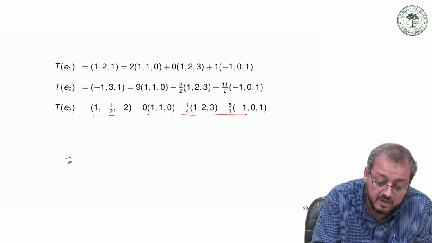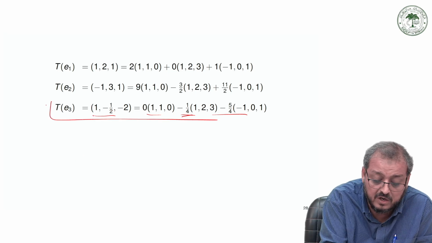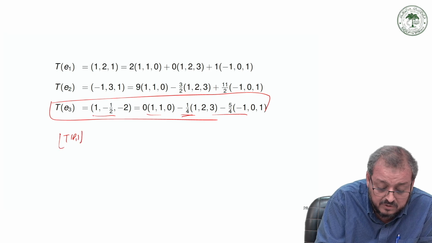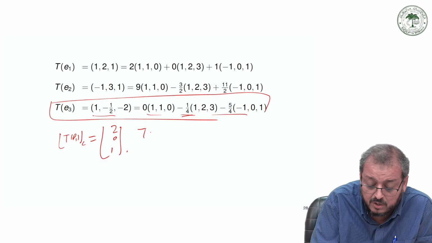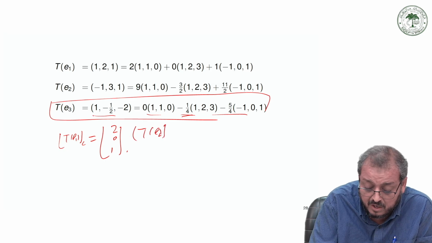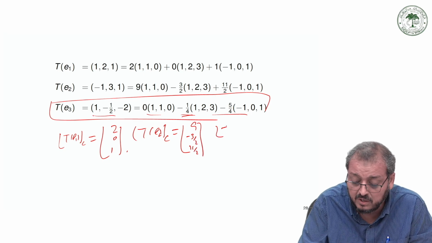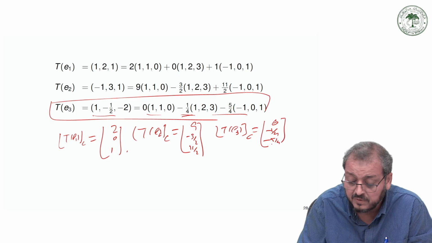and if β is equal to minus 1 by 4, we can calculate the rest of them also. So E3 is equal to this one. So we can say that T of E1 with respect to C is equal to the column vector 2, 0, 1, and T of E2 with respect to C is the column vector 9, minus 3 by 2, and 11 by 2, and T of E3 with respect to C is equal to the column vector 0, minus 1 by 4, minus 5 by 4,